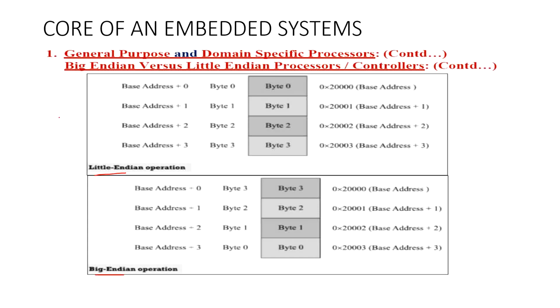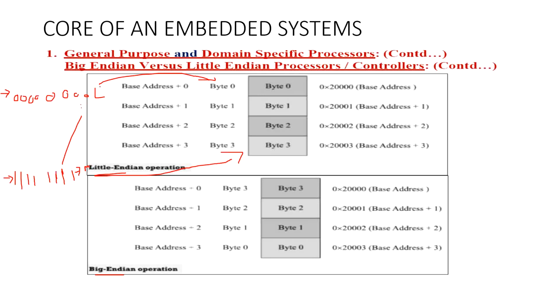In little endian, what will happen? Suppose you are having an 8-bit data series like this, because we should consider 1 byte data, correct? Suppose I consider this one is the first data and this one is the second data. This one is the LSB and this one we can consider to be the MSB, that means the higher bit. If the lower bit is stored in a lower address byte of the memory, and the higher bit is stored in a higher address byte of the memory, then it is called little endian.